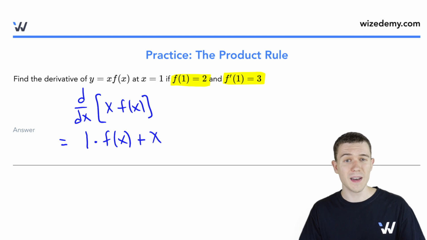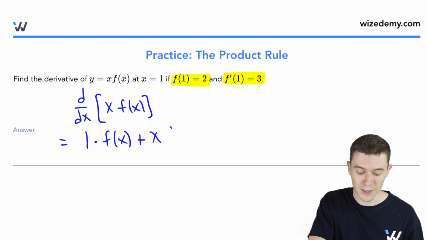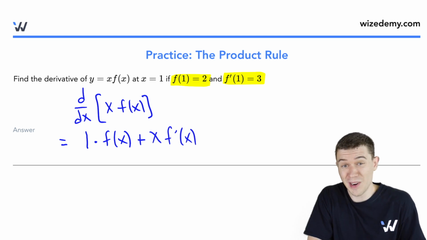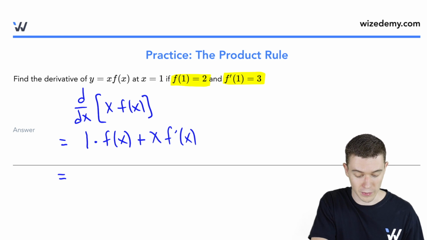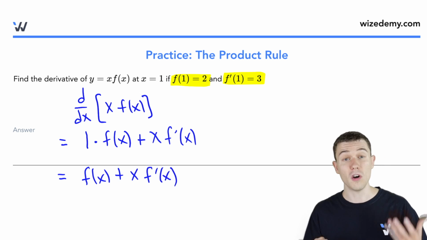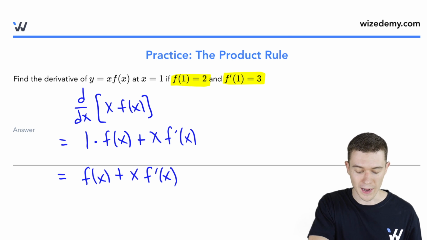What's the derivative of f of x? Well, we don't know. We'll just say it's f prime of x. That's the derivative, whether I know it or not. Okay, so we have the derivative. It's just f of x plus x f prime of x, and our job was to evaluate it at x